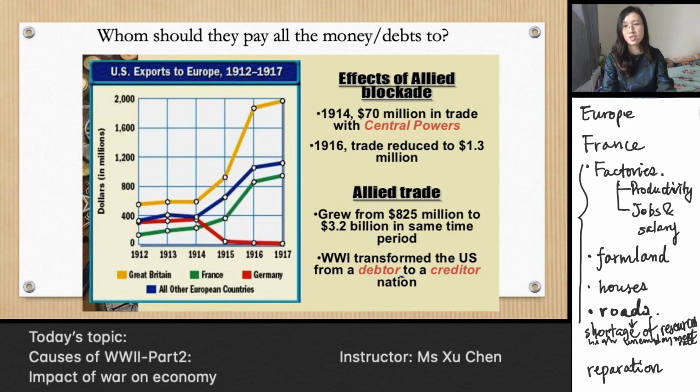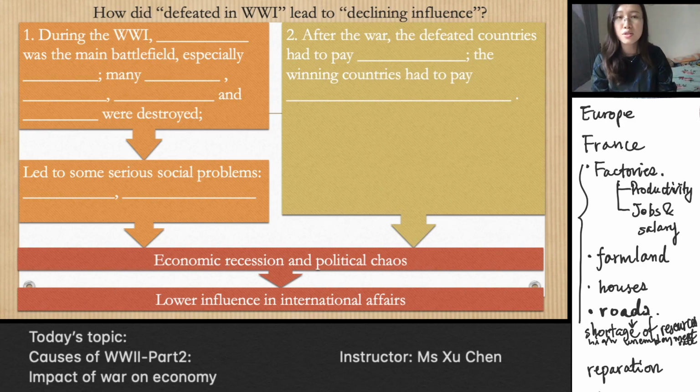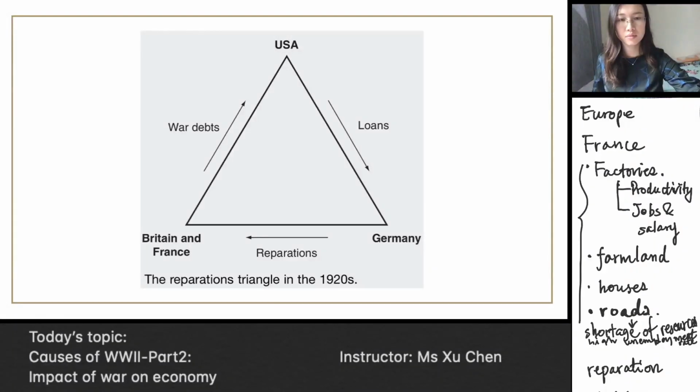Almost all the European countries have to pay the US even after the First World War. So when we're back to here, the winning countries had to pay that to the US, right? After you know about the US situation as the biggest creditor in the world, now you can have more understanding of